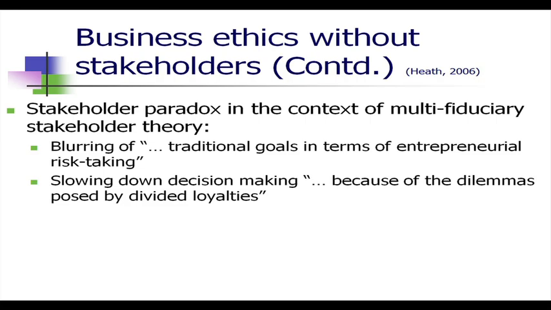When we try to appeal to the needs of different stakeholders, we run the risk of slowing our decision making down, and there is a blurring of the goals because the goal is to take entrepreneurial risks, but if we take the risk, then we may be disadvantaging some stakeholders. So one becomes confused, there's a lot of pressure on the decision maker,